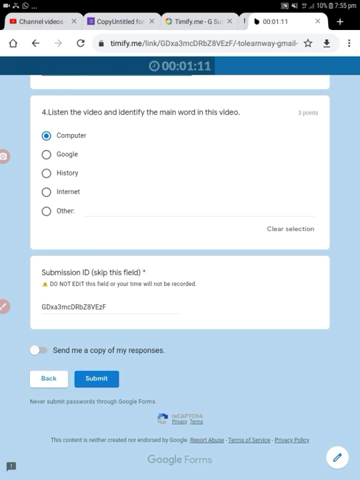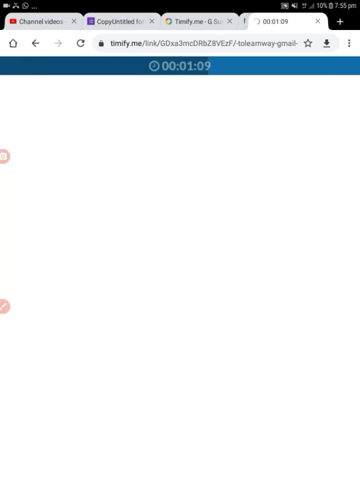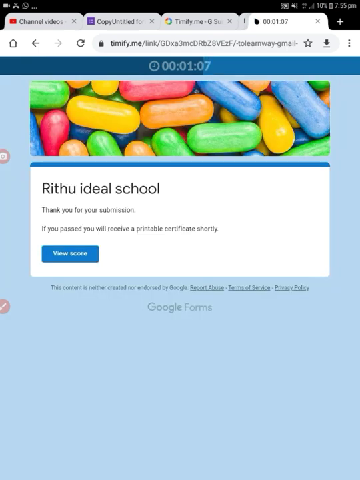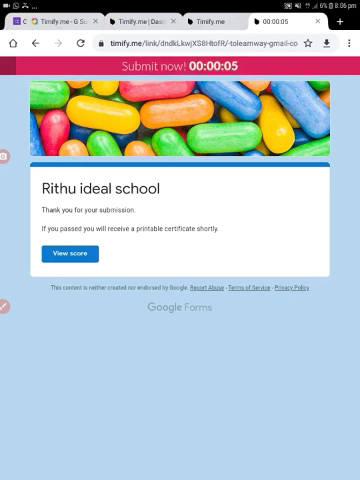Then you can click submit. Here you can see the timer which is running at the top of the form. So we have completed our test. If you want to see your score, you can click this view score. That's all about setting a timer to your Google form.